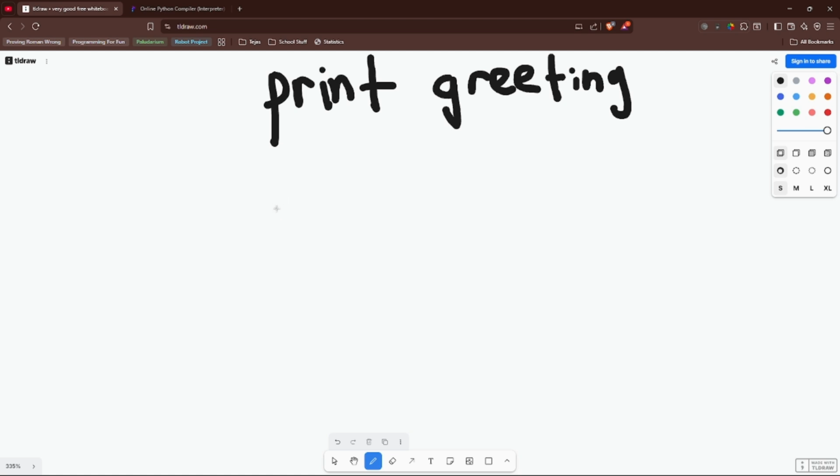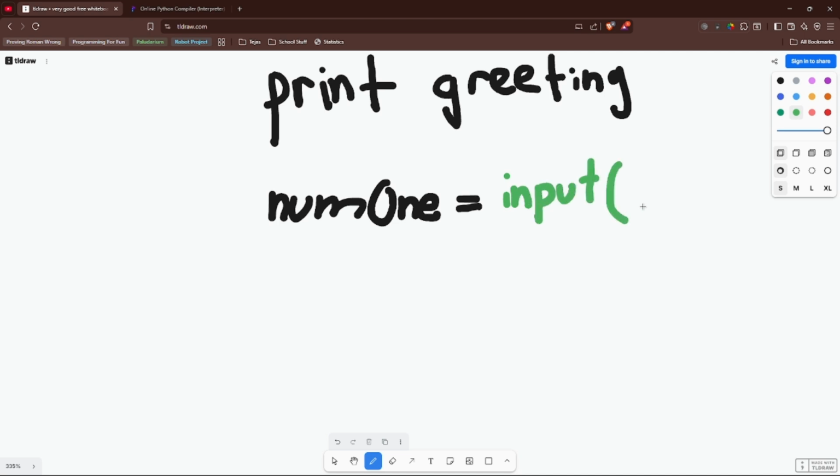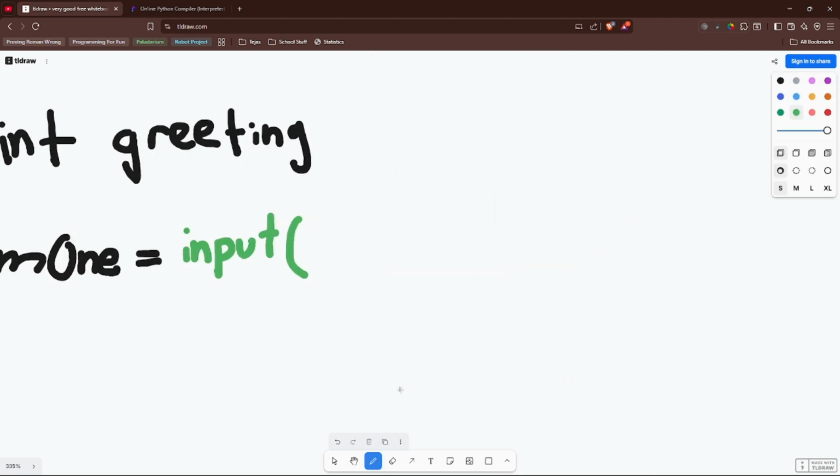So let's just say you want to store the value of the first number that the user wants to use. So you could call the variable number 1, right? Let's just say that. Variable number 1. You would set this equal to the input function of a certain string. Okay, I'll explain this now. Input, and then of a certain string, right? I'll make this string